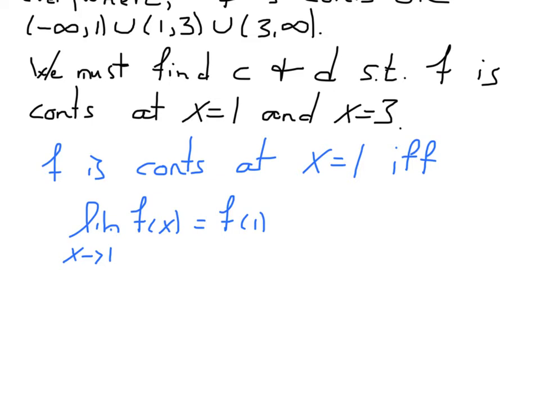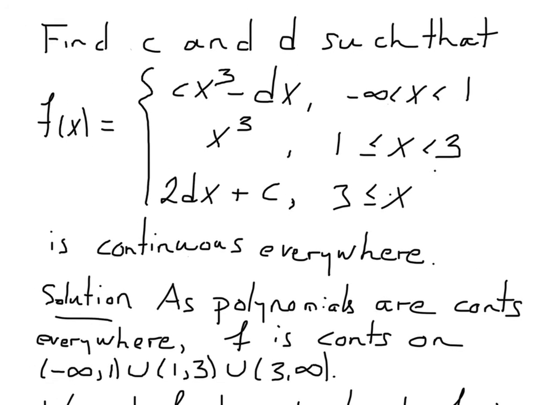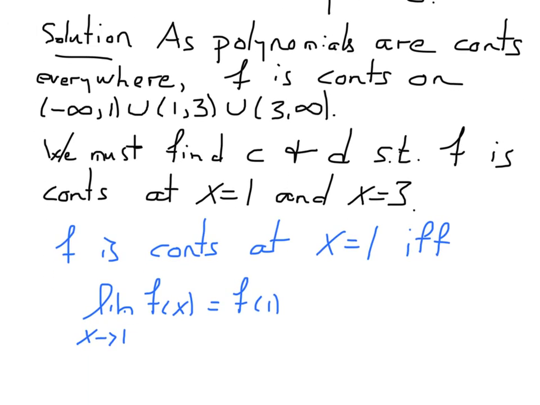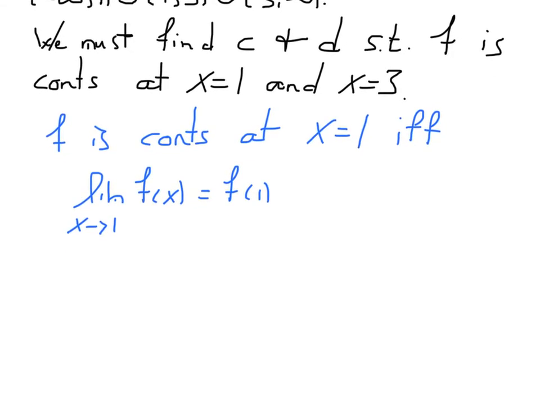Now, because our definition of f is changing on either side of 1, remember it looks like this to the left of 1, and it looks like this to the right of 1, it makes sense to look at that limit in terms of left and right hand limits. So we'll say then that this limit of f of x as x tends to 1 is f at 1 if and only if,